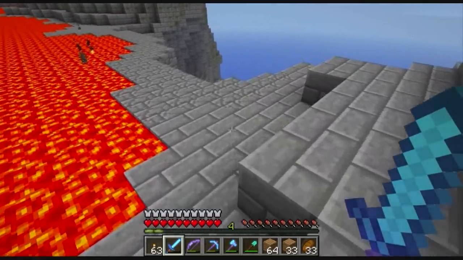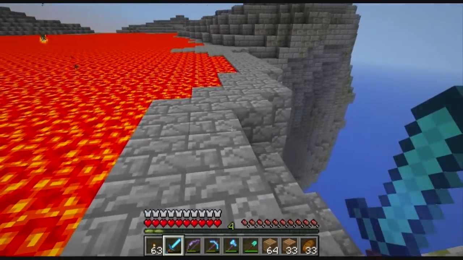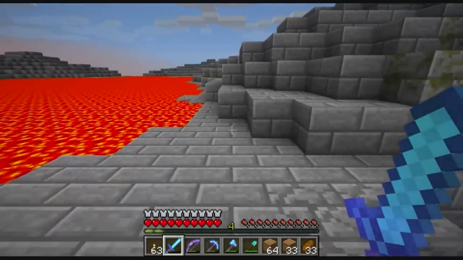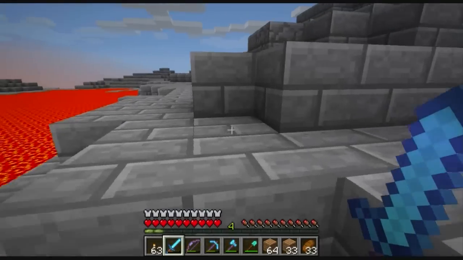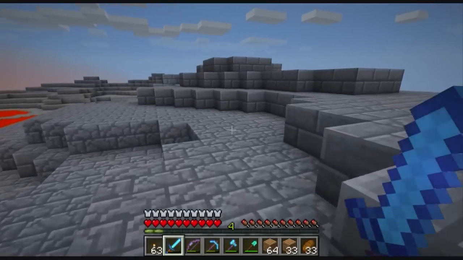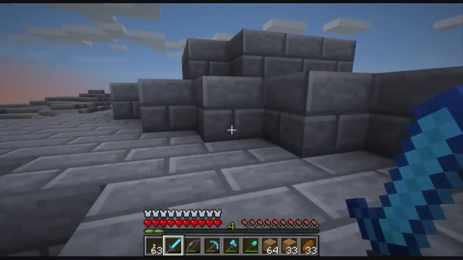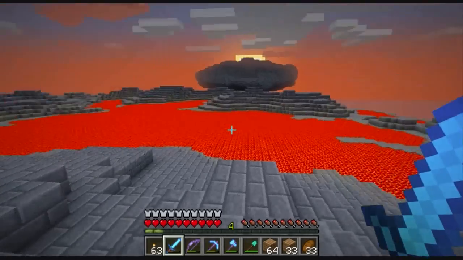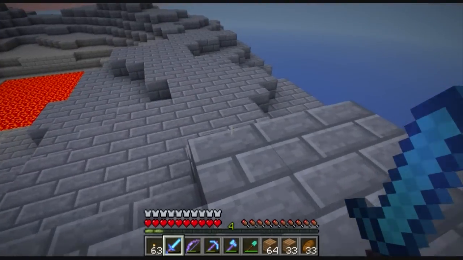It's the first time he's given us anything made out of stone brick. I don't know if that means what it usually means. If there's an end portal here, actually, that's probably a pretty good guess, because he did say something about making a house in the end. So